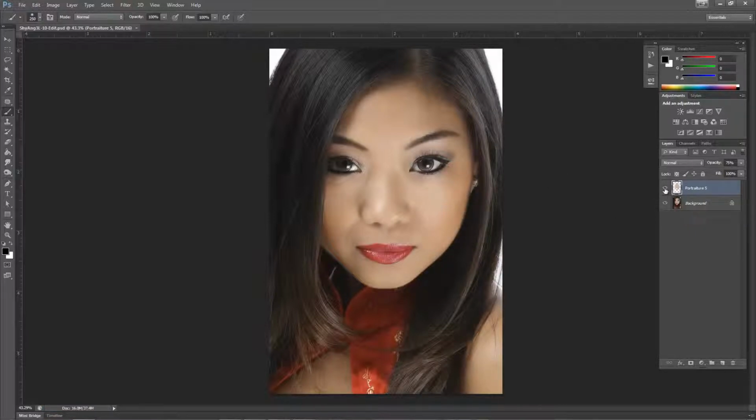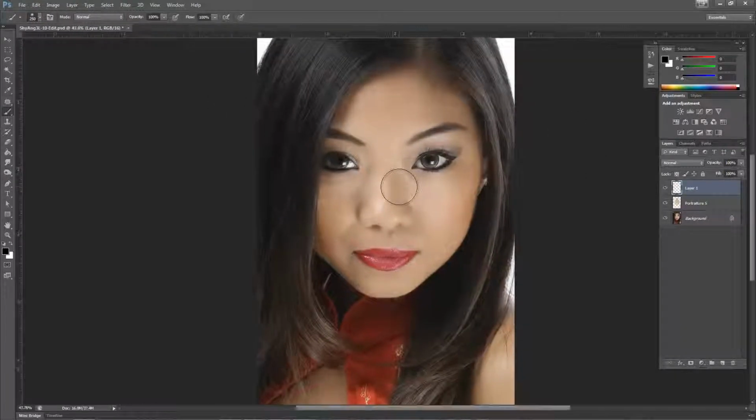This is again the before and after, and I've done no work on this photo yet. If I did want to do anything else to it, I would usually put it on a new layer. If I worked on this layer, remember any editing that I do is going to be at 75% opacity. So I can come in to a new layer here,